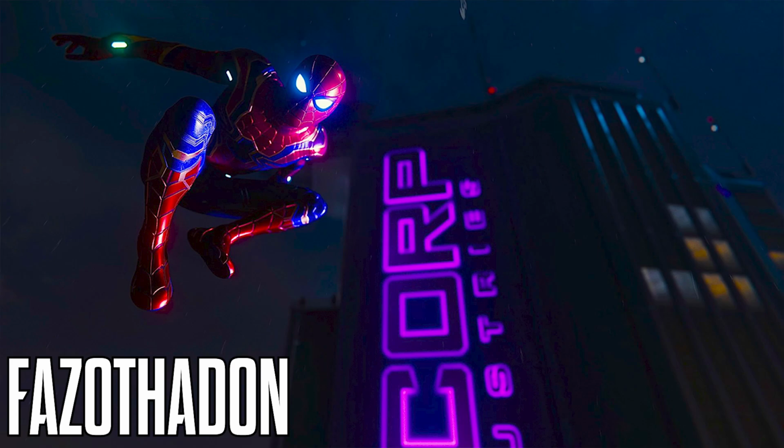This is of Spider-Man in the Iron Spider suit from Avengers Infinity War, just falling in midair with the Oscorp building right behind Spider-Man. And this is a really nice shot because a lot of the cool colors, such as the purples and blues, really stick out, and it contrasts really well with Spider-Man's armor suit, which has the white eye lenses, so it does glow, and it kind of gives it that really nice, pleasing aesthetic to the costume,